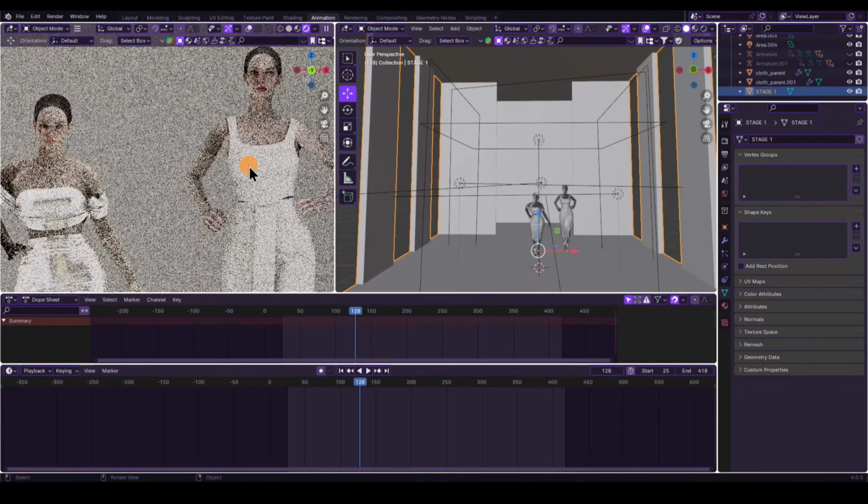And same thing, it is on metallic. Yeah, this is the cloth parent one, new, and I'll show this as same